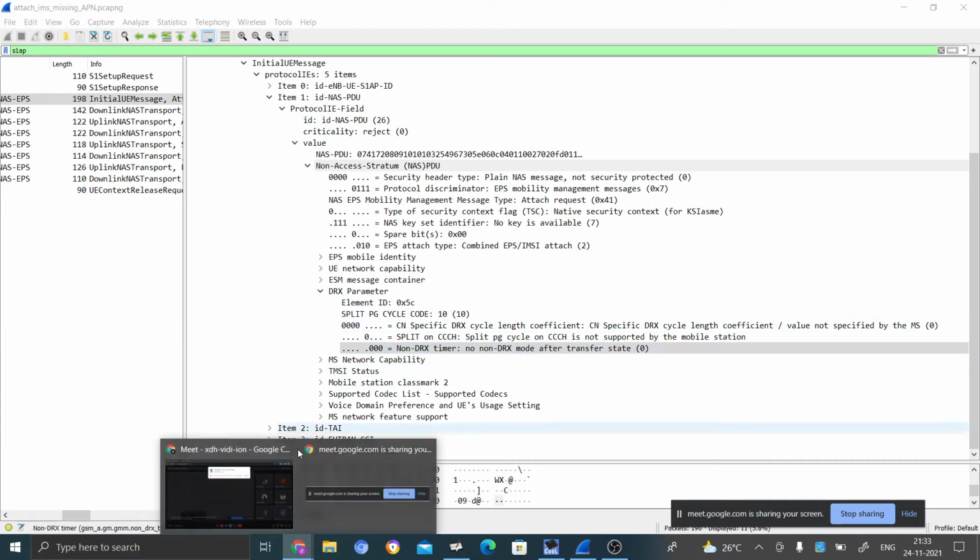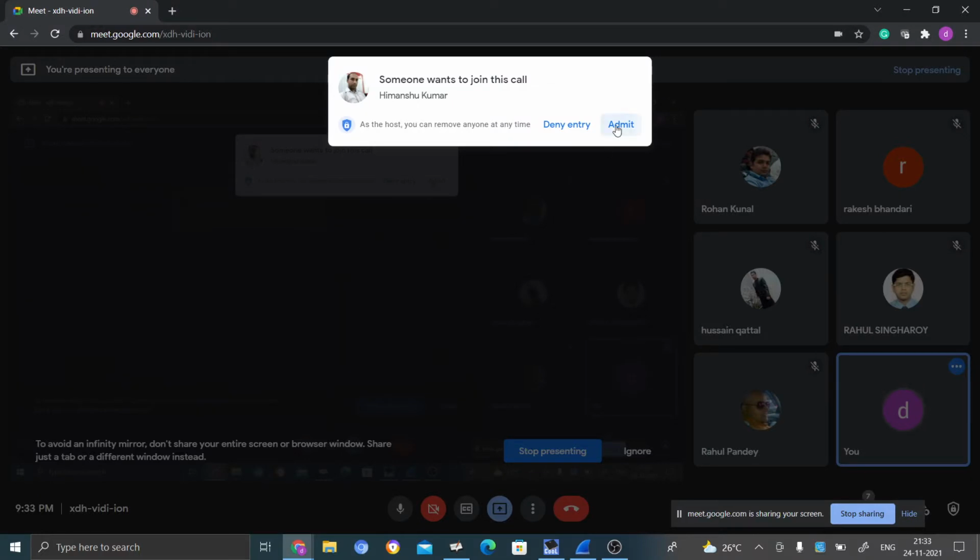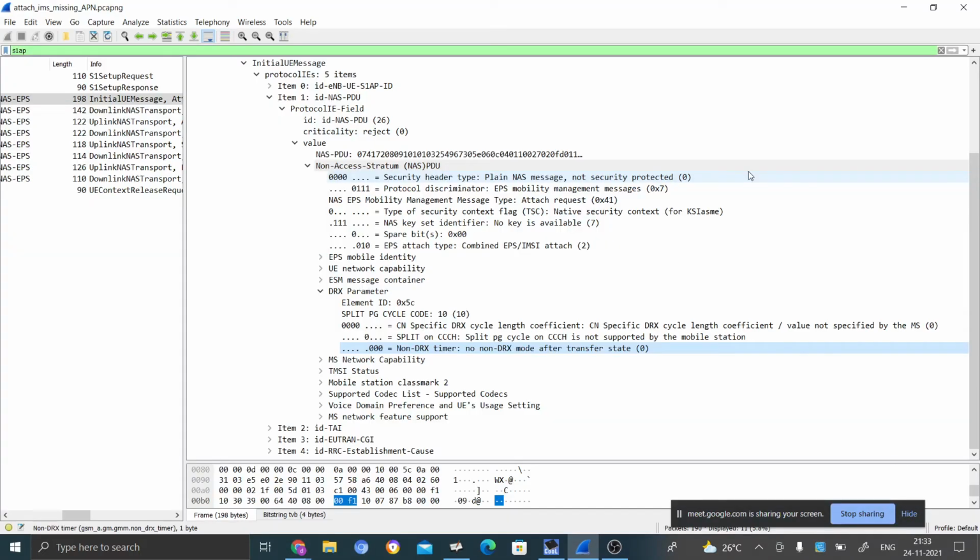Some UEs nowadays, all UEs or all modems, are supporting this DRX and CDRX feature, but earlier, around 2014-15, it was an optional thing, right? People were slowly implementing different features. At that time it was there.